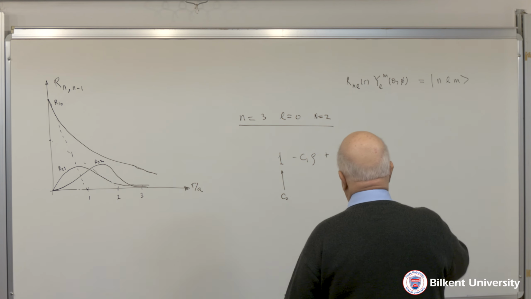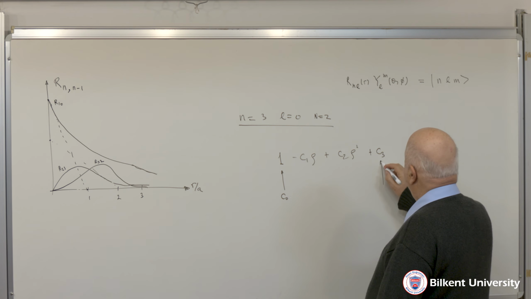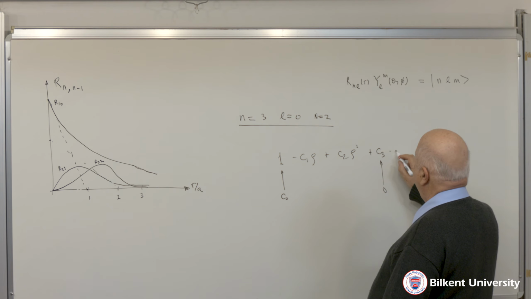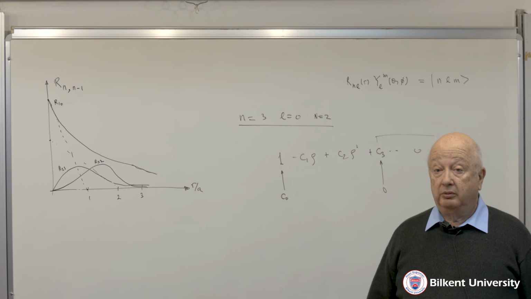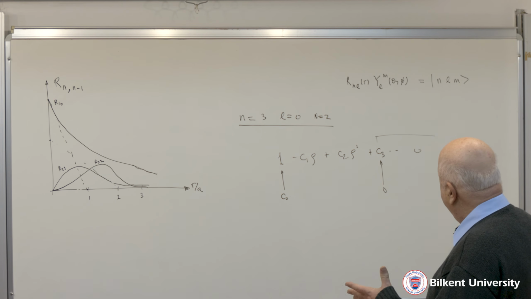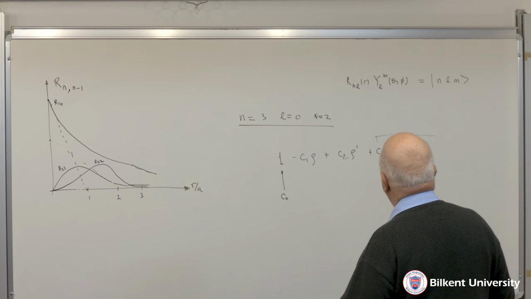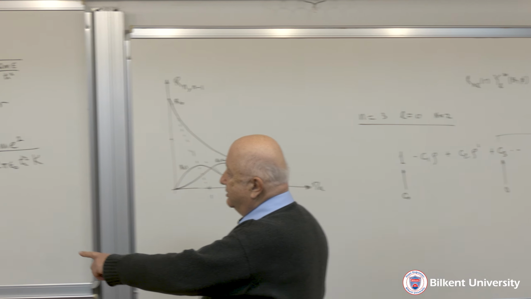And then C3 is going to be 0, and if C3 is 0, then everything else is 0. So the series is going to cut off there. Now, if that's going to be the case, if I look at this equation,